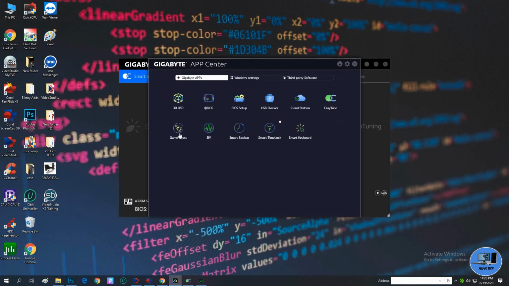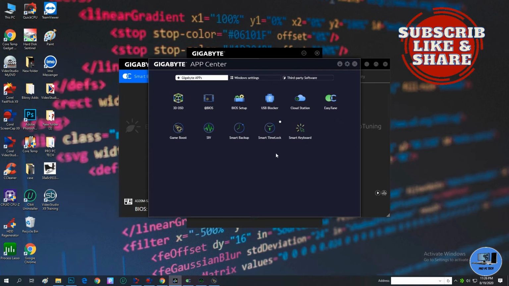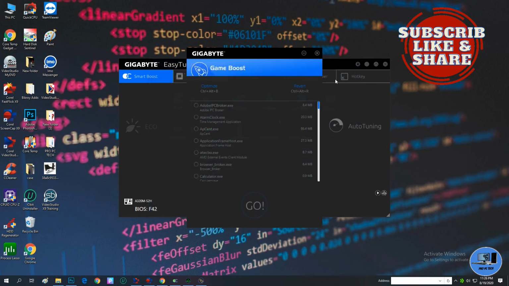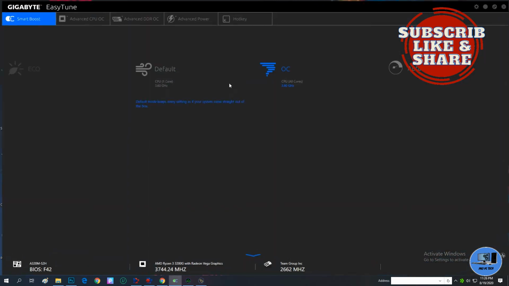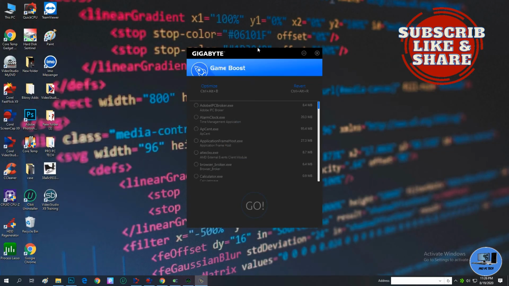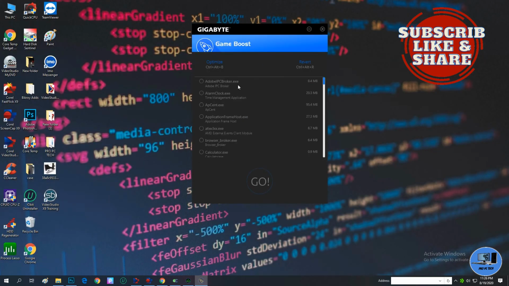I'm going to show you guys also the Game Boost. I'm going to Game Boost by clicking it. Okay, here it is. It already came, but I was just clicking Game Boost.